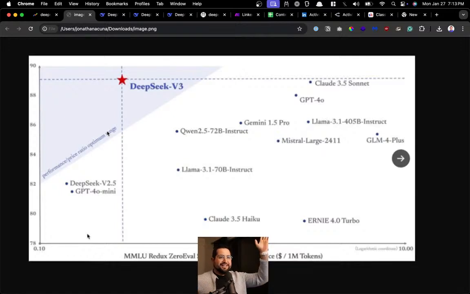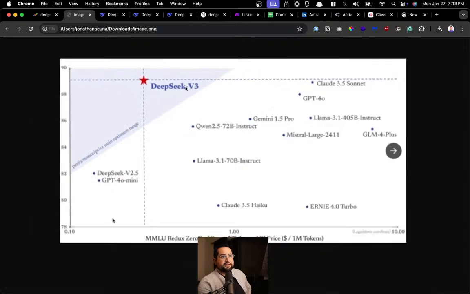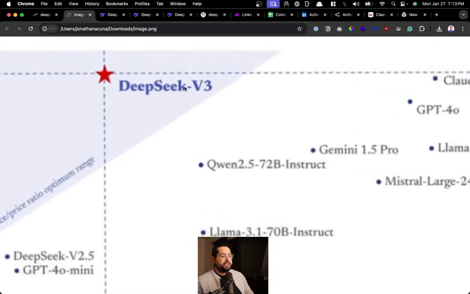You can see DeepSeek is in this section right here of performance over price ratio, because it's not the most powerful model, but it's the cheapest to run. That's the most fascinating thing about this: how much less hardware and software you need to run DeepSeek. That's the real significant change. You can see Claude in the upper right-hand corner and ChatGPT 4.0, and then DeepSeek is over here. So basically we now have something cheaper and on par with the smartest. Smart is a weird way to say it, but it's really powerful now. So this changed the game.